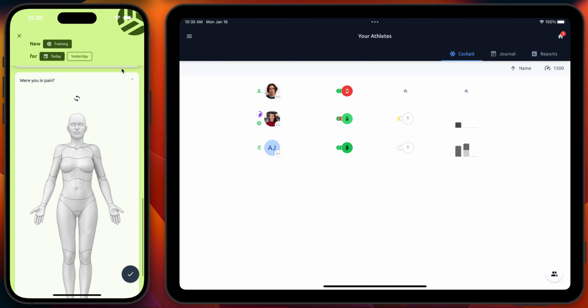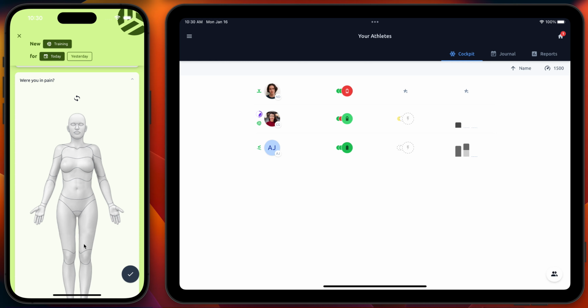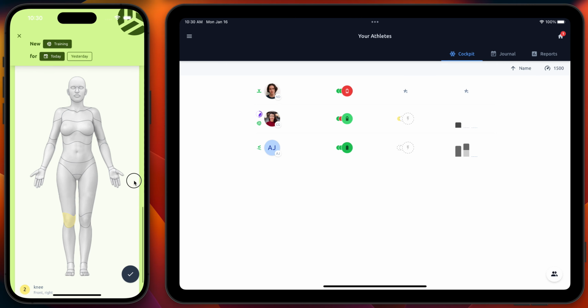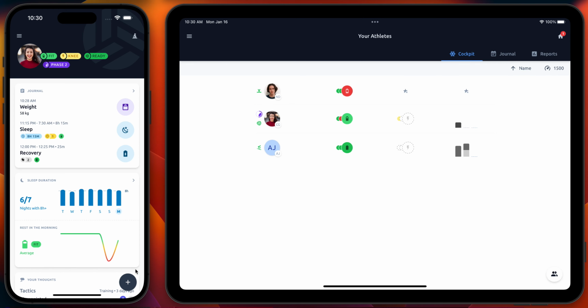Very important is to record the pain or also just discomfort that you've experienced throughout the practice. So let's say your right knee, you just felt it mildly, still important because over a month you may see that the pain is increasing or starts to be chronic. You can attach a file like a video, will not do that now.